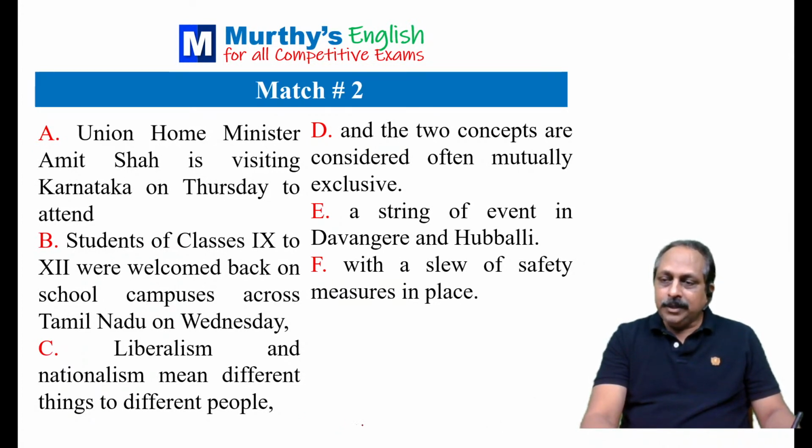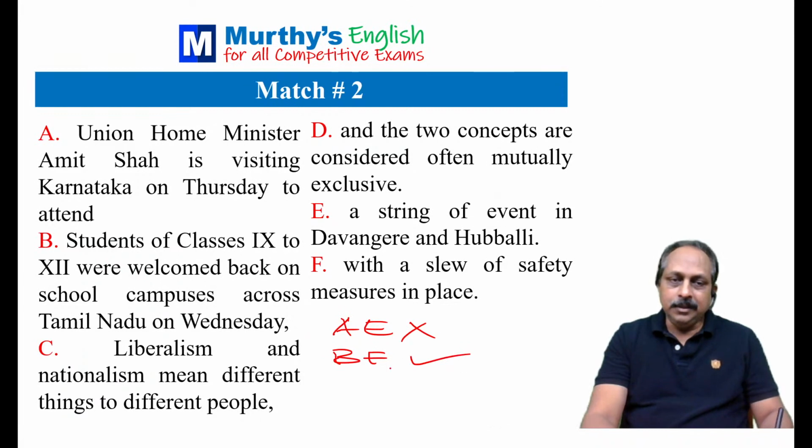When I brought similar questions last time, some students said very easy. Keeping that in mind, I had to bring these. Vijayendra says AE. AE is not correct, Vijayendra. No, not correct. Why is it not correct? Let others also respond. BF, very good. Here, only BF is correct. BF, correct. And